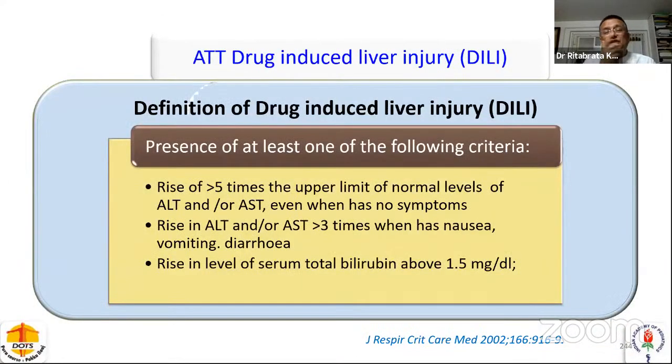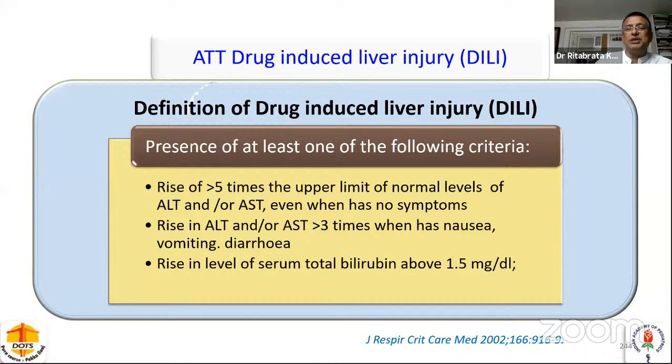So let us take one of the very important adverse effects in case of TB, acute DILI, that means drug-induced liver injury. To diagnose DILI, either you should have clinical jaundice or your total bilirubin should be more than 1.5 milligram per deciliter. Without any symptom, if the rise in AST and ALT is more than 5 times the normal limit, or in case of symptoms like nausea, vomiting, diarrhea, if the rise of ALT or AST is more than 3 times, you can take it as